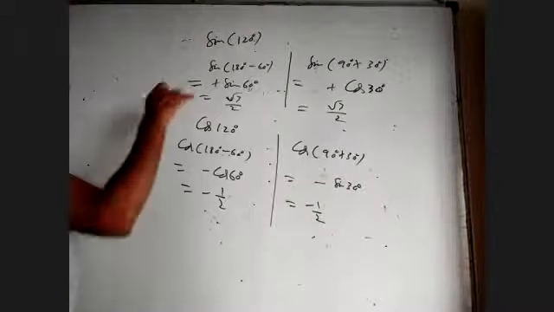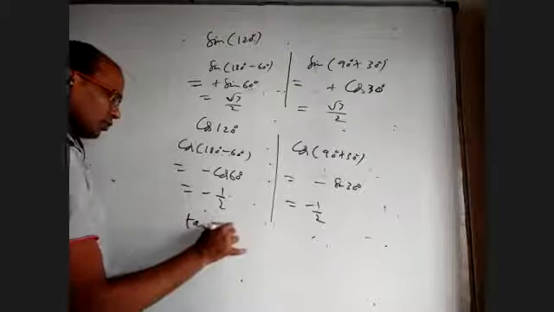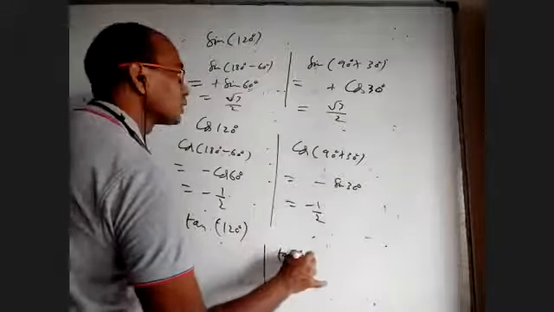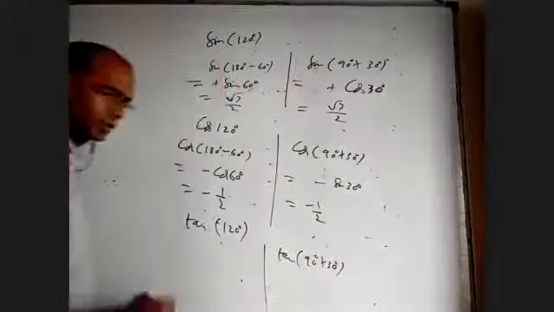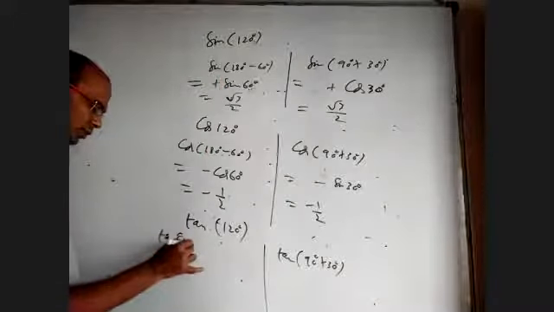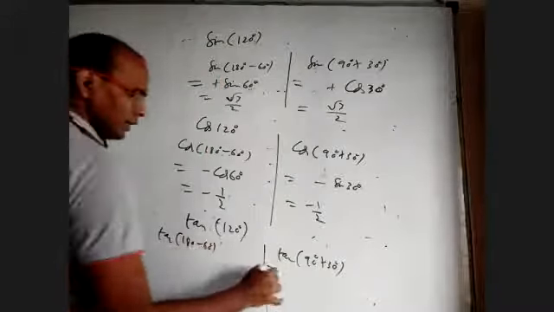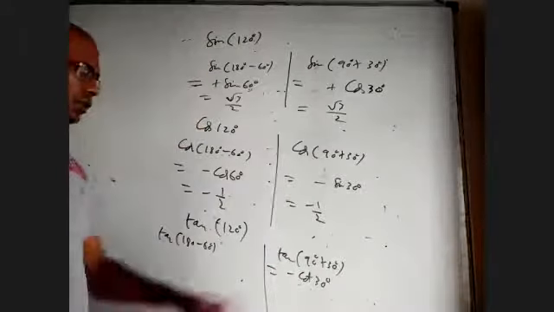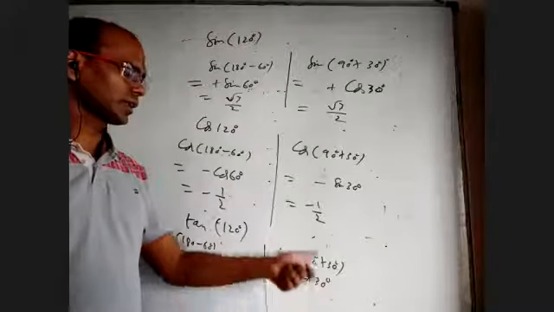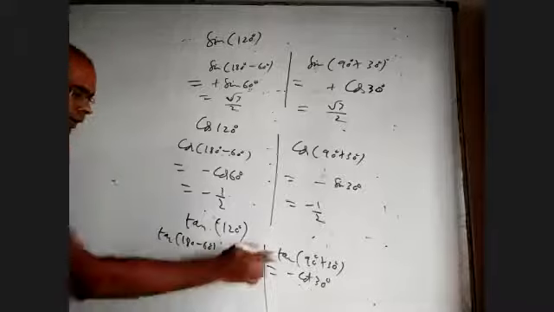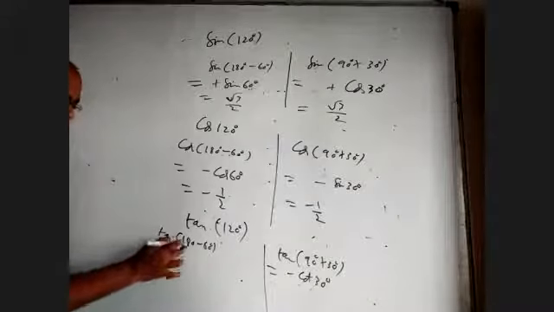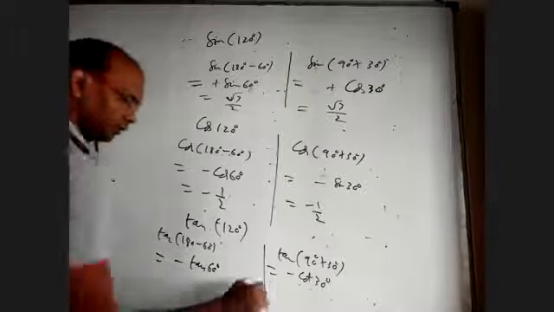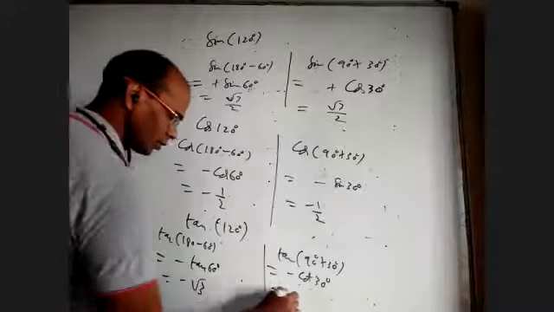By dividing, I'll get tan, but I want to do tan directly. So if I want to take tan 120, I can write tan of 90 plus 30 or tan of 180 minus 60. When I take tan of 90 plus 30, it will be minus cot 30. Why? Because for an odd multiple of 90, tan becomes cot, and the second quadrant is negative. Here, 180 is an even multiple of 90, so tan will remain as tan, so it will be tan 60, with a minus because it is the second quadrant. So this is also minus root 3.